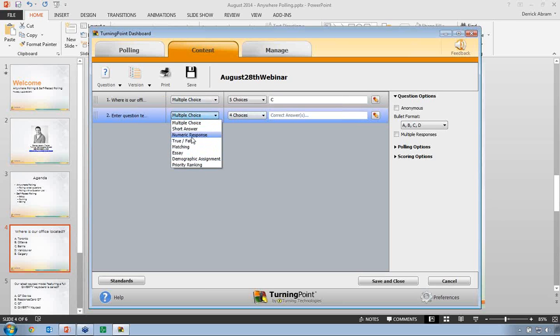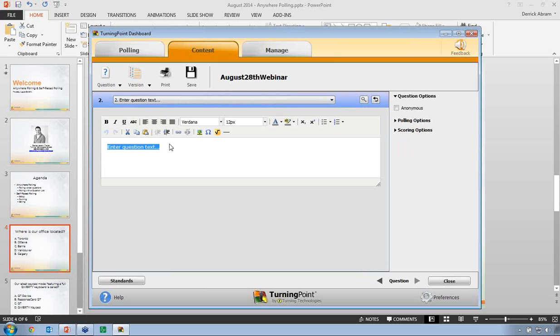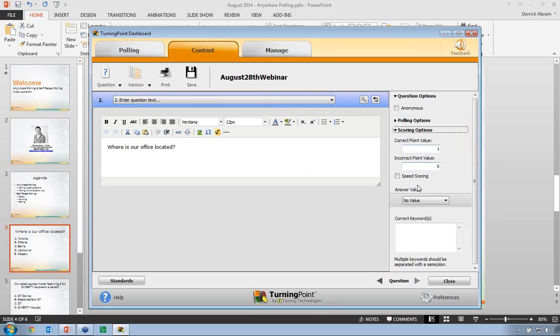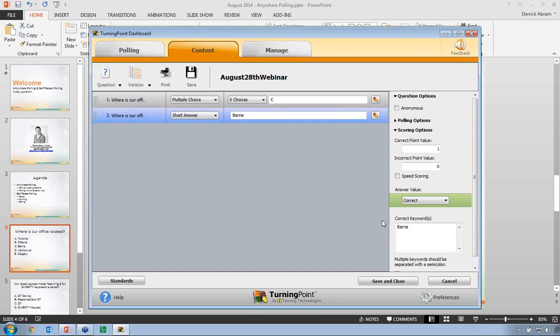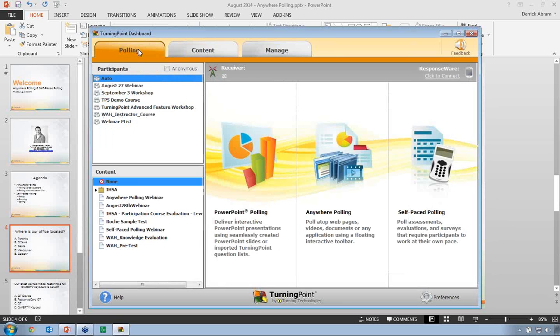So if I wanted to do a short answer, I can change my drop down. I can come into my question. Okay. Just like in PowerPoint, I can set a correct answer here. Okay. And I'm just going to hit save and close to close that.